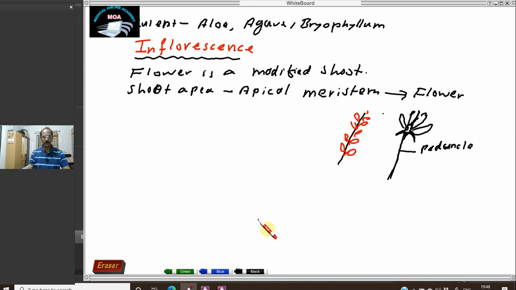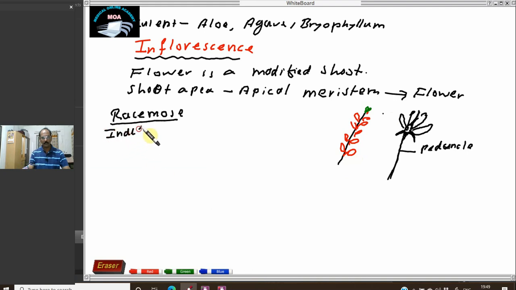And this inflorescence is of two types. What are the two types of inflorescence? One type is known as the racemose inflorescence. What is the character of the racemose inflorescence? In the case of the racemose inflorescence, the peduncle, meaning the common axis, continuously grows because at the apex there is an apical bud. This apical bud cannot change into a flower, but the flowers are produced at the base. So the peduncle is continuously growing. So this type of inflorescence is known as the indefinite inflorescence.